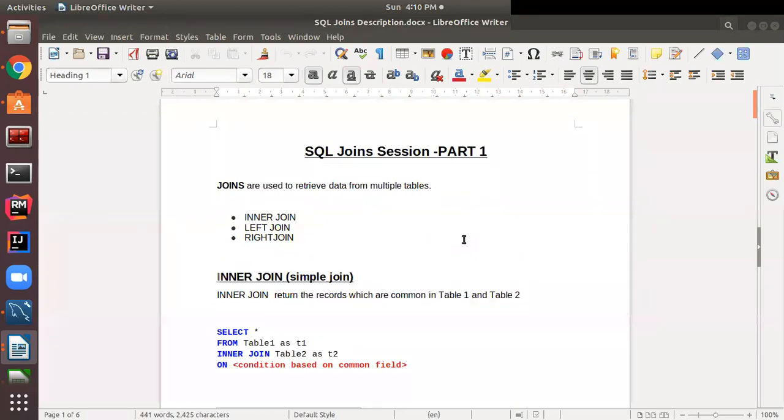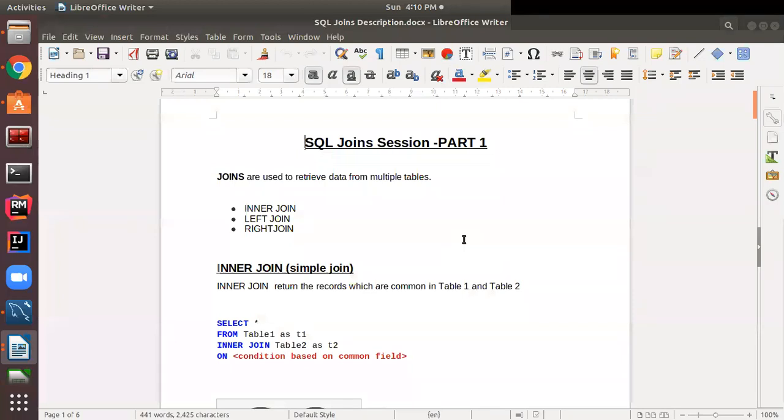Myself, Rida Jain, and today I'll be taking your session on SQL joins. Under that, we will be covering basic joins and the advantage of joins with the help of practical examples. Join is one of the important, in fact useful, topics, which is used everywhere by whoever is working on a database. Plus, from an interview point of view also, it is very important.